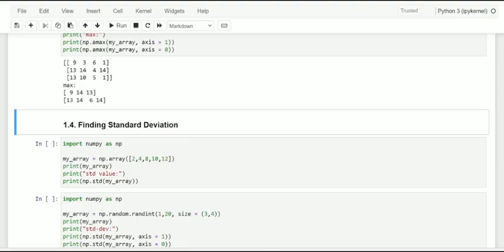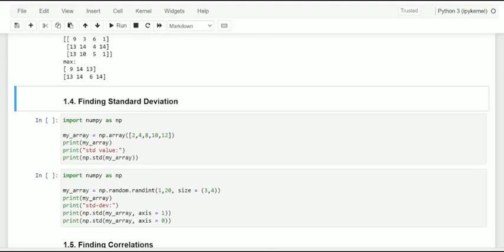Let me identify the standard deviation, dear friends. Let me have an example here. This is the given data: 2, 4, 8, 10 and 12. To identify the standard deviation, we are just going to pass it to the standard function, std, the function to find the standard deviation of a numpy array.